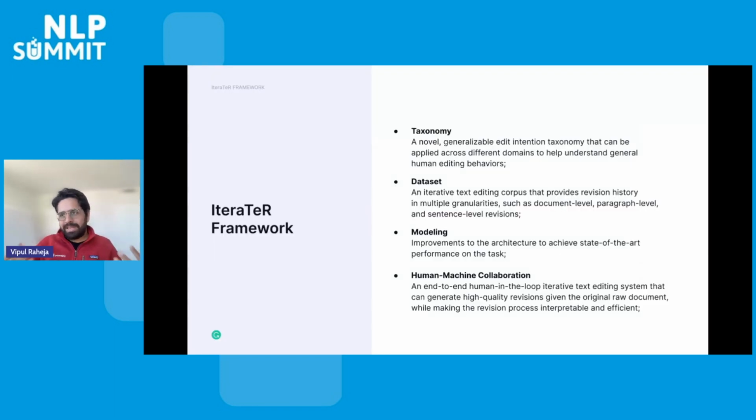So how did we approach these research questions and find gaps in prior work? Firstly, we created a generalizable edit intention taxonomy of text revision that can be applied across different domains to help understand general human editing behaviors. We use this taxonomy to collect text editing annotations with crowdsourcing. Finally, we use this data set and taxonomy to computationally model the process of text revision using state-of-the-art text editing